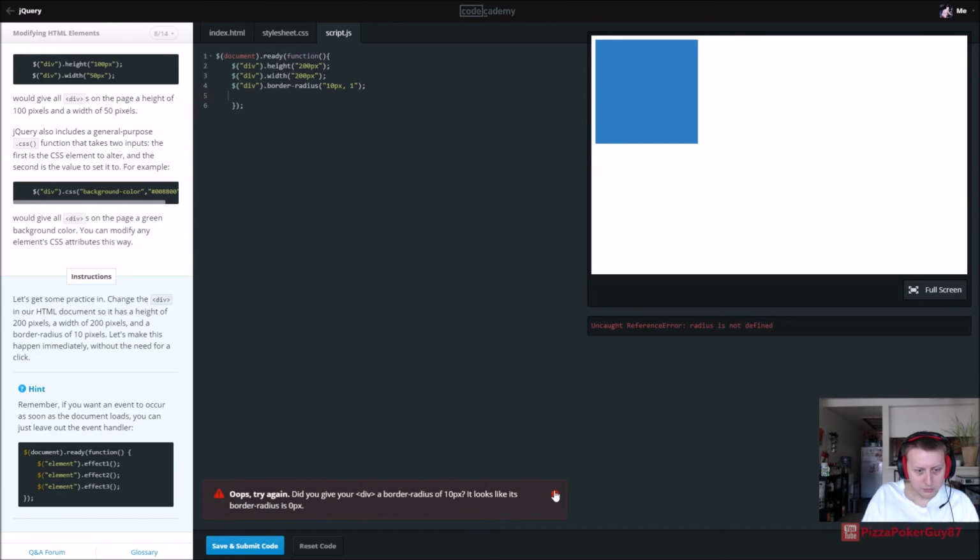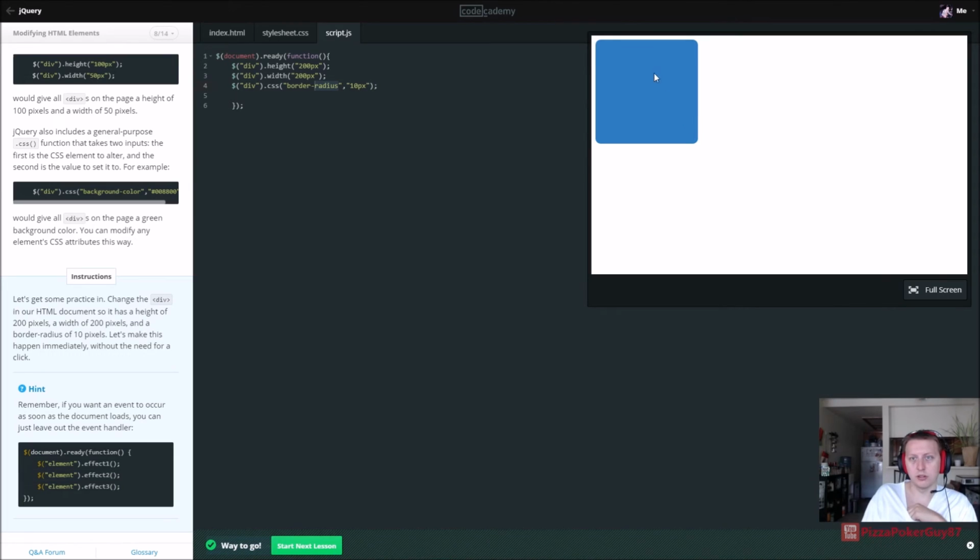Did you give your div border radius? It looks like radius is not defined. Alright, I don't remember what all the parameters are, but apparently we can do it like this as well. So we can just say use the .css border radius function with 10 pixels, and you can see our corners are curved